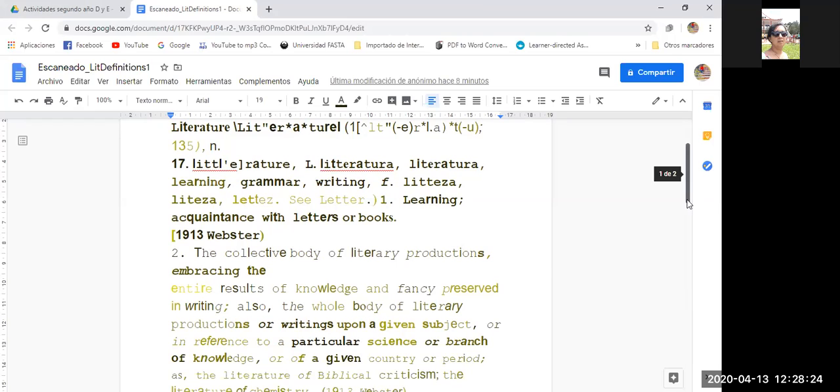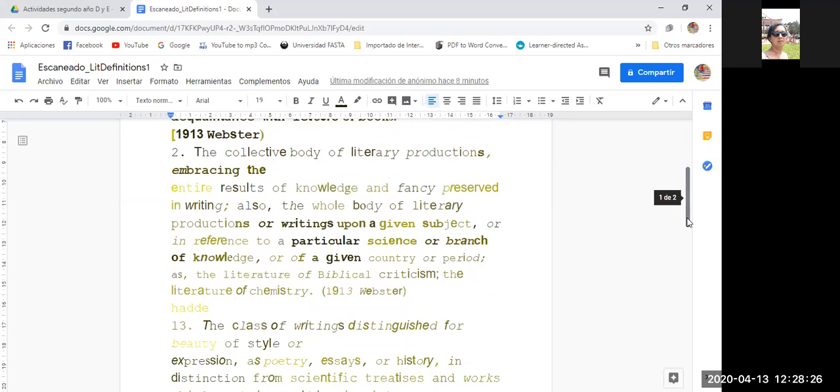The second, you may see here, the collective body of literary productions, embracing the entire results of knowledge and fancy preserved in writing. Also, the whole body of literary productions or writings upon a given subject or in reference to a particular science or branch of knowledge, or of a given country or period, as, for example, the literature of biblical criticism, the literature of chemistry.